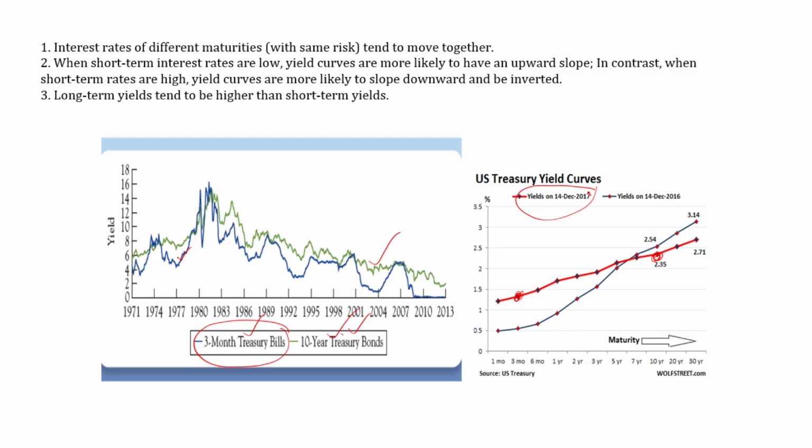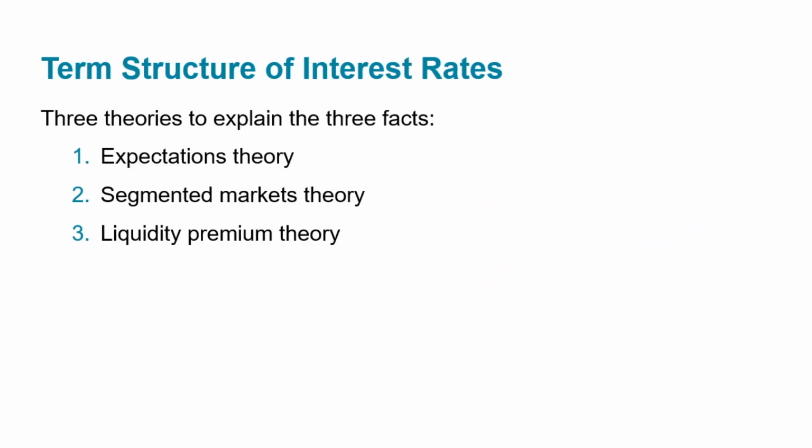Here the date is December 2017, and in this figure we have maturity across the x-axis. So as I mentioned, to understand why interest rates vary across debt instruments of different maturity periods,